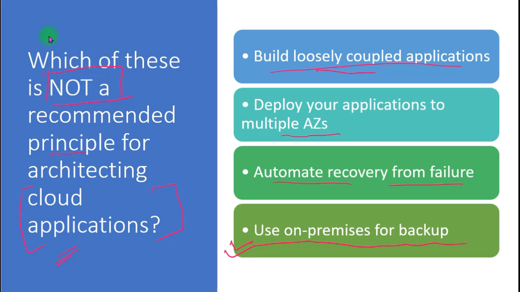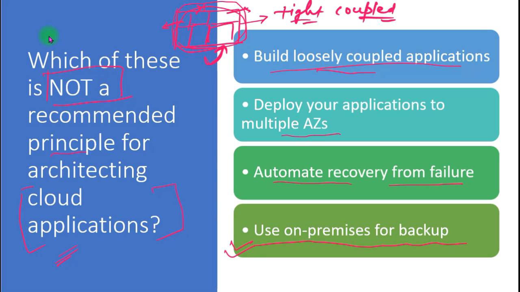Suppose in early days, or we can say in our legacy applications, the application was tightly coupled, which means all the components were tightly coupled with each other, like our web application, our storage, our databases, whatever is required, it is integrated with each other. So what is wrong with that method? Whenever we need to take down one of the components, suppose we want to upgrade the SQL database version, in that case we need to shut down or stop all the services, and only then are we able to